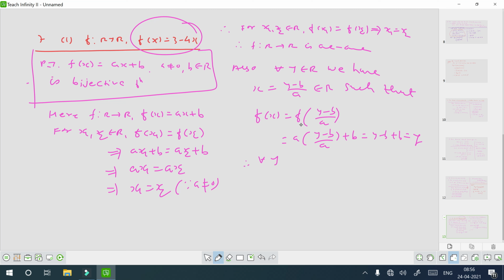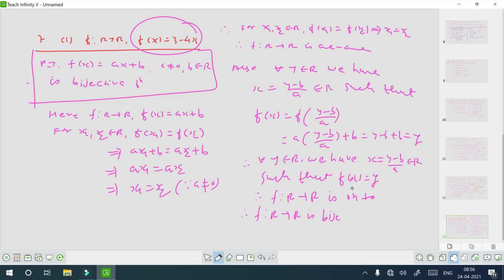So for every y belongs to R, we have x is equal to y minus b by a belongs to R, such that f of x is equal to y. And therefore, f from R to R is onto, and therefore f from R to R is bijective